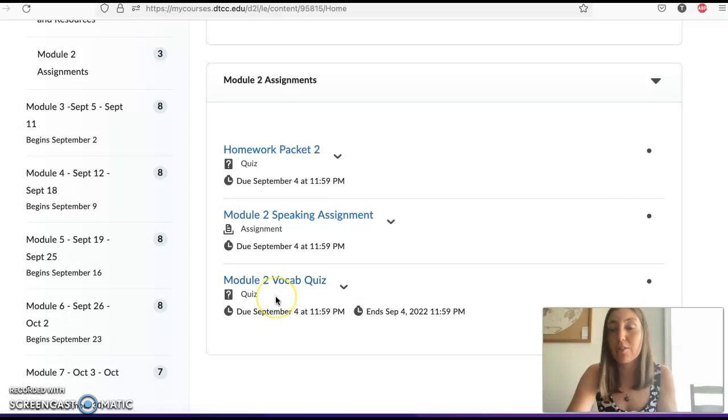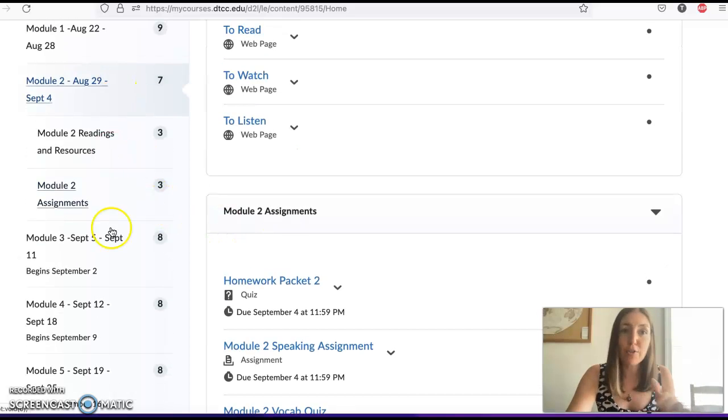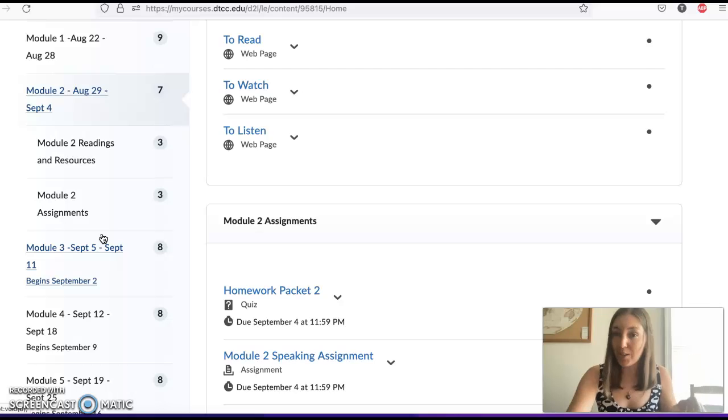And it's timed. Whatever the timer is, it's different for each quiz, but if it's 20 minutes, anything that you type after 20 minutes will not save and will not submit. So you're not doing anything after the timer's closed. So just make sure that you're ready before you take that. After those first two modules, everything is due per week. It's just this weird combined thing for the first two modules because you're all getting your books.